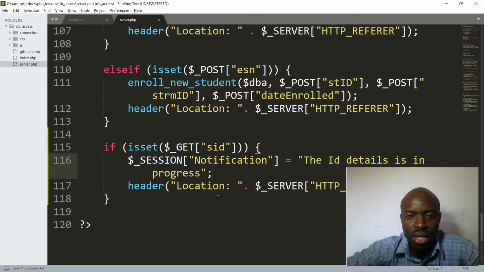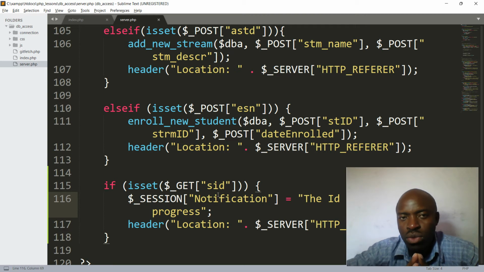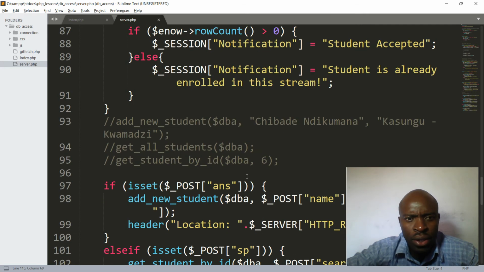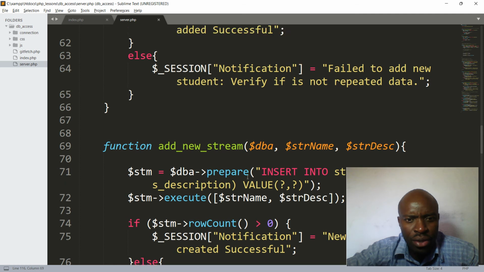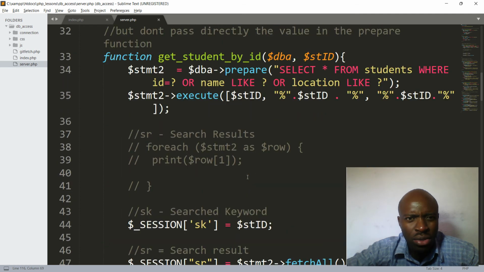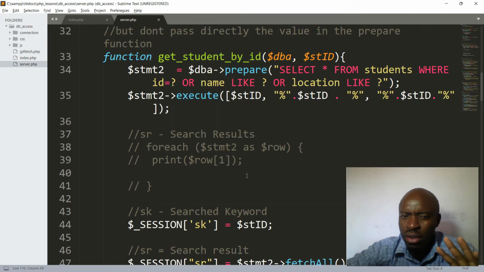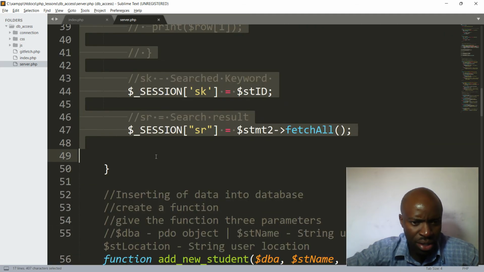So if that is happening, then we need to create a quick method that is going to get the information, look into the database and give back the information, and that information will be presented to the user at the end of the day. All right. So with that in mind, we have the method that is doing that. No, that get student by ID is not doing that. We need to create something similar but not the same. So I will just copy this method,